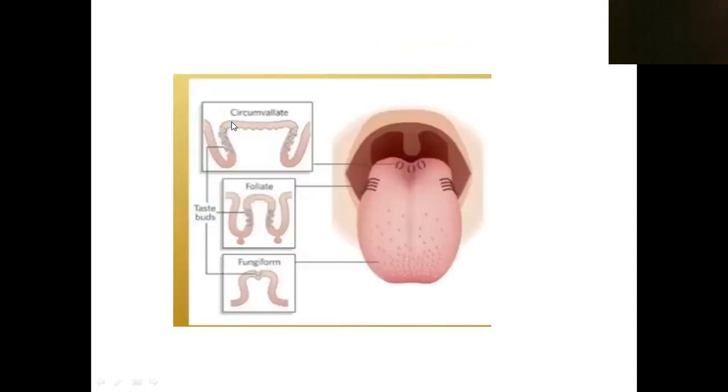Then in the case of circumvallate papillae, taste buds are oval shaped masses with 3 types of cells. Details you have to read. This oval shaped mass is known as a taste bud. See, this is one taste bud, another taste bud. Here in the circumvallate papillae, these taste buds are seen on the side walls, not on the upper surface. And it is this papillae which is surrounded by a gap.